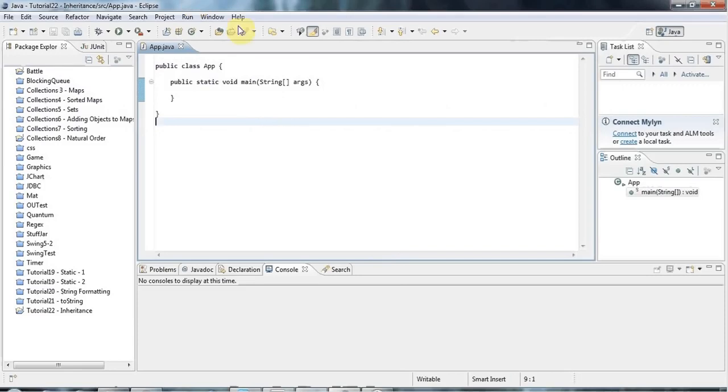At the end of the last tutorial I said we'd look at the equals method in this tutorial, but I realised that there are some things about equals which, to understand them, it helps if you know a bit about inheritance. So I'm going to postpone the equals tutorial, and we're going to look here at the very important